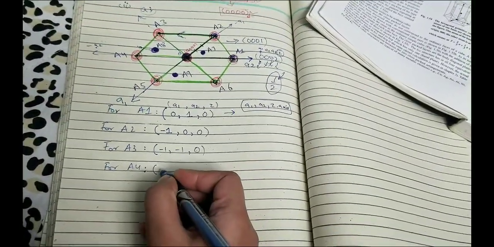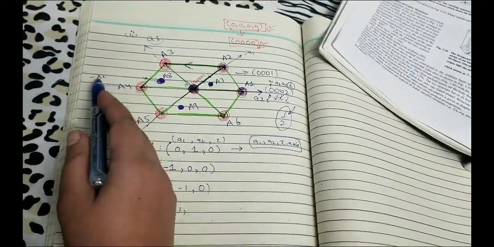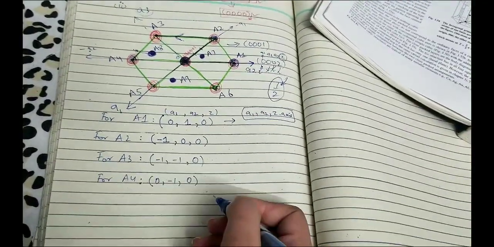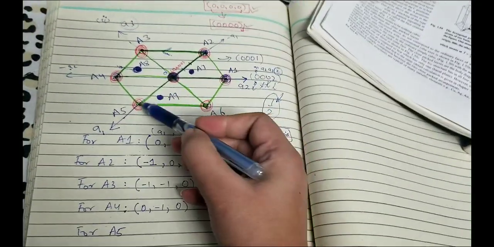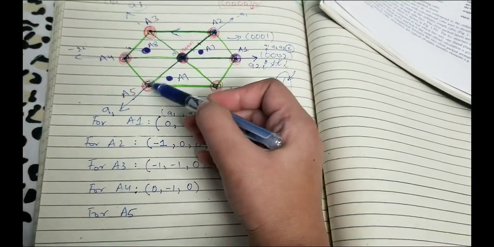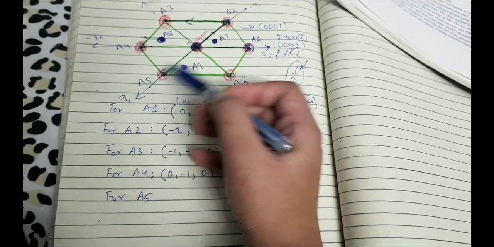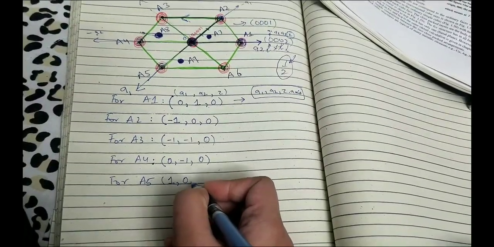So we do not have to move along A1, so it will be 0 here, and -1 along the A2 axis, and we'll reach the A4 atom here, and Z is 0, we all know. A5 is here. You can see from this to this is parallel to the positive A1 axis. So 1 unit along the positive A1 axis, and we do not need to move along A2, and Z